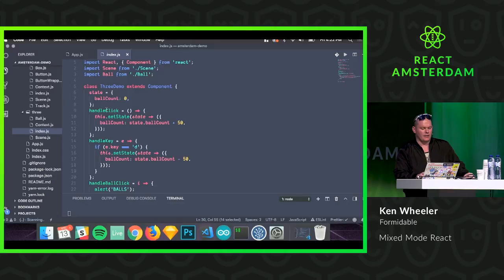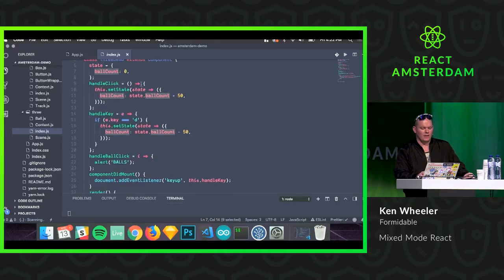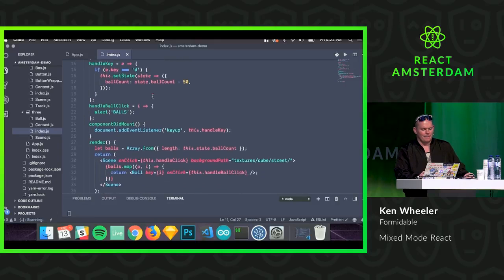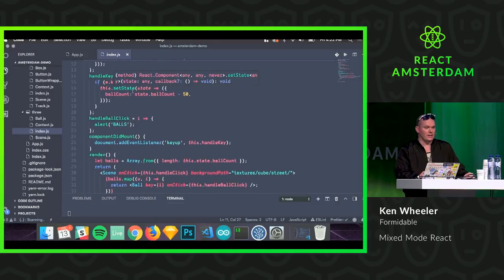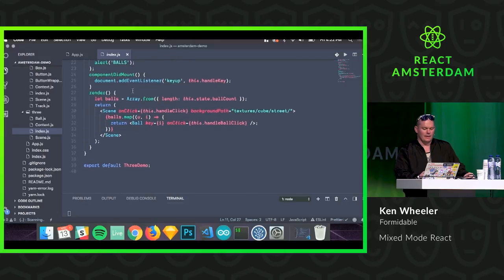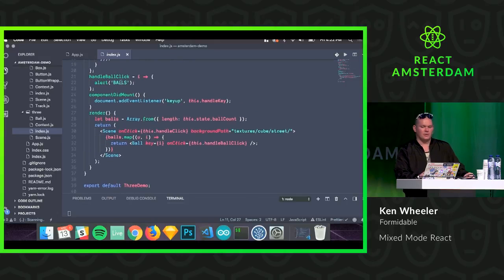Up here, I have a ball count in my state. We're counting the balls. And then when you click on the parent, on the regular thing, we're going to go ahead and increase the ball count by 50. And then if you press the D key, it'll delete 50 balls. And then if you click one of the balls using a ray caster in 3D space, it's going to alert